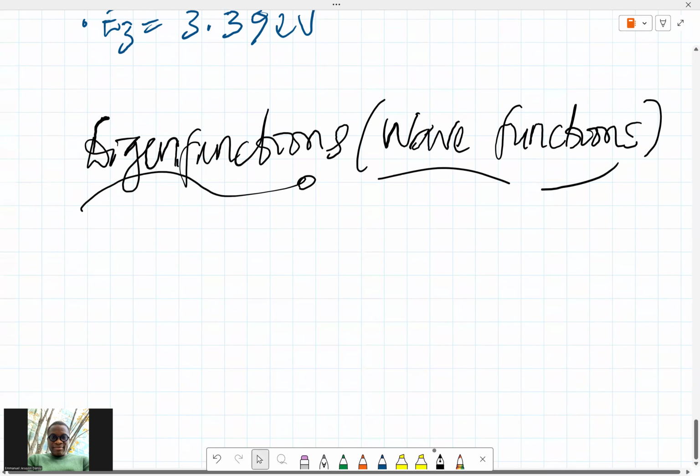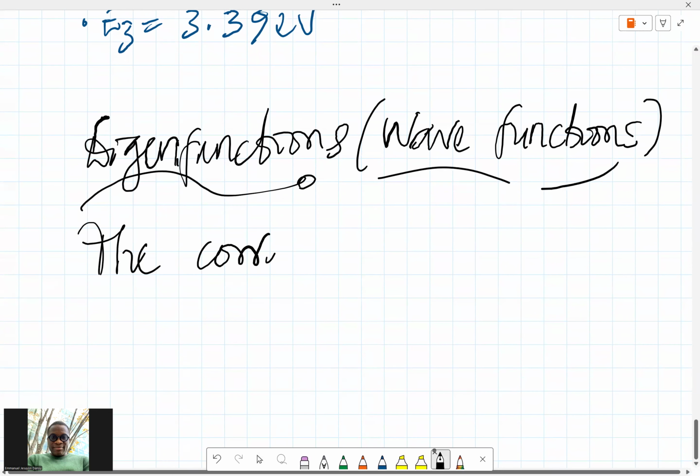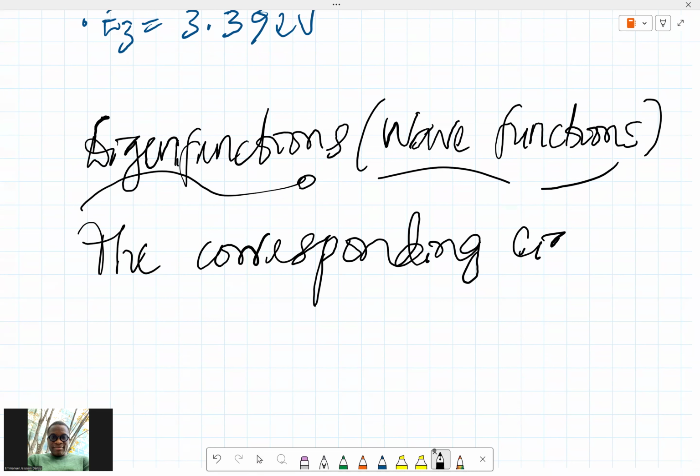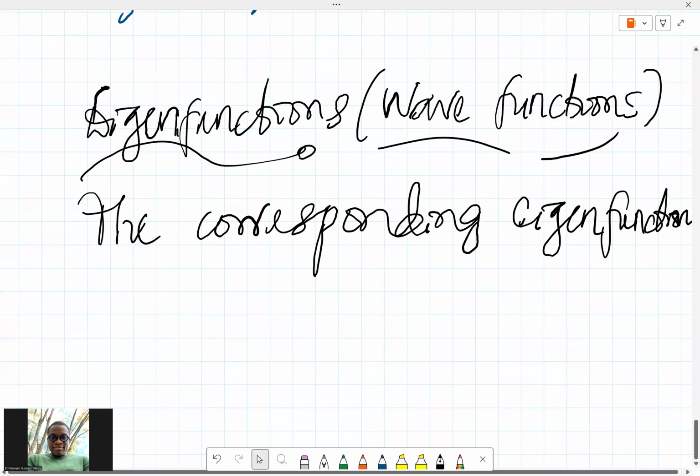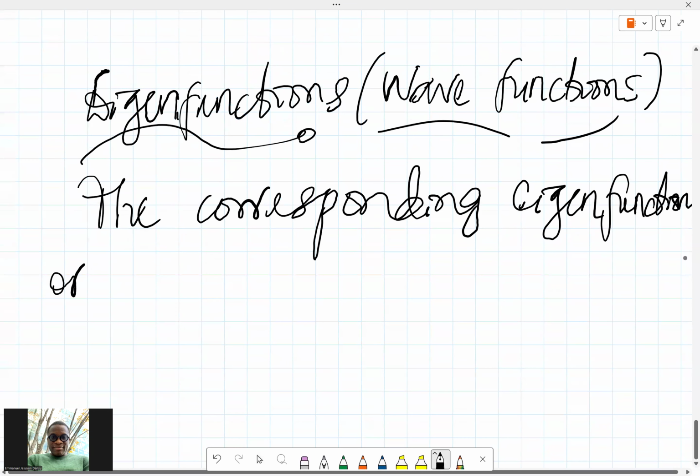So here, the corresponding eigenfunctions, or wave functions,